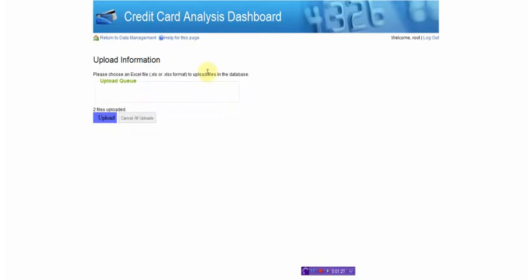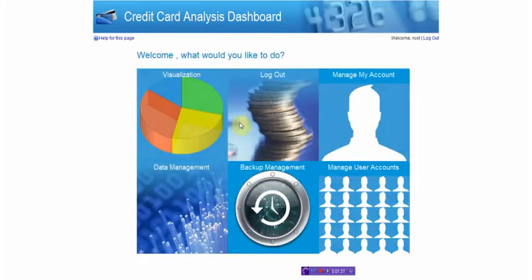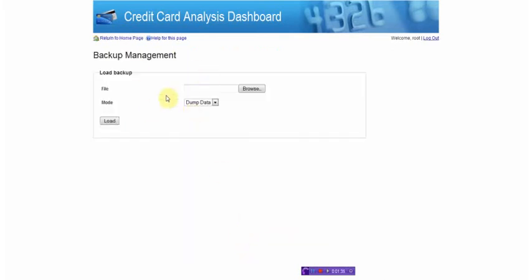So the next thing I will show you is the backup management. I'm going to return here to the home page, and now we have backup management. In the backup management, you can back up your database and the information that we just uploaded. The first one we can do is dump data, and there's also load data. But the first one I'll do is dump data. So we click here,